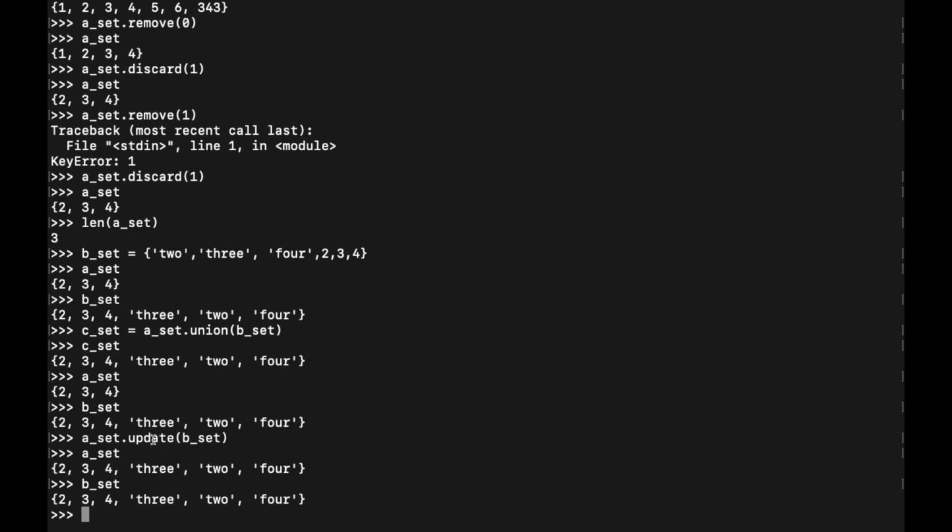So no changes are made in A set and B set. Instead it gives a whole new set. But whenever we perform the update operation, it gives a direct command to the set on which it is being used, which in this case is A set, that the values present in the parameter have to be added to it. Because our A set is being updated here, and the union operation is being performed on itself with the other set passed in its parameter.